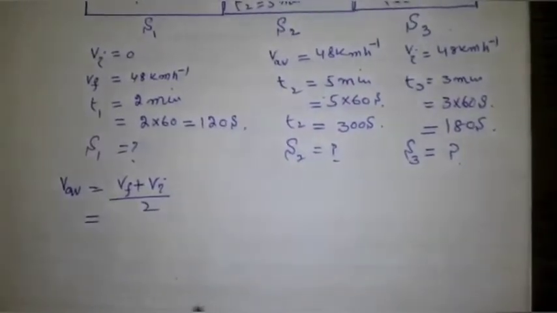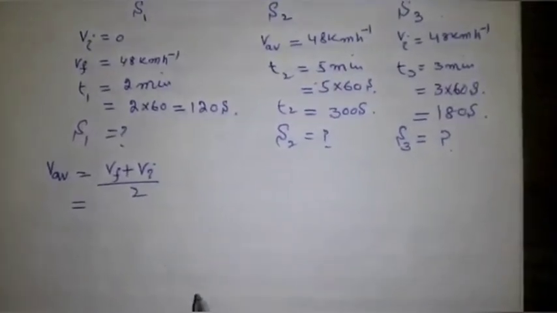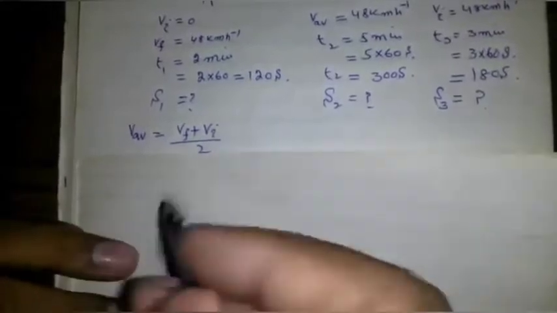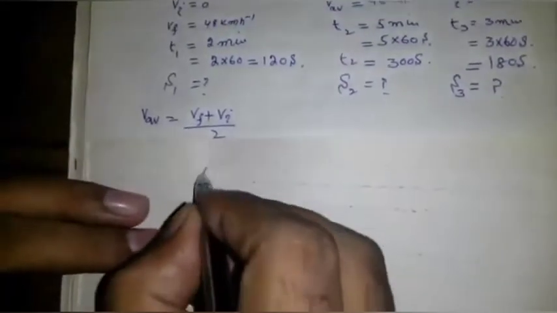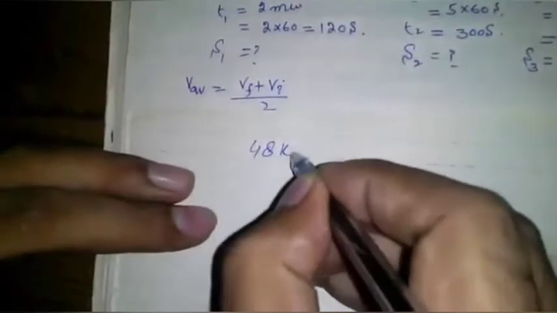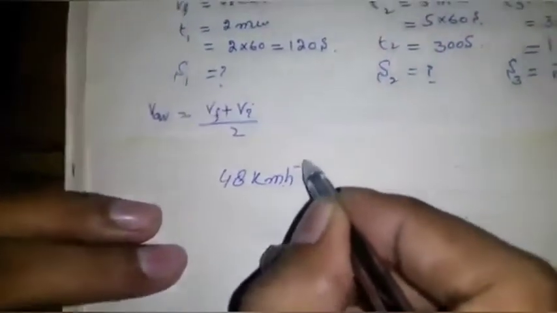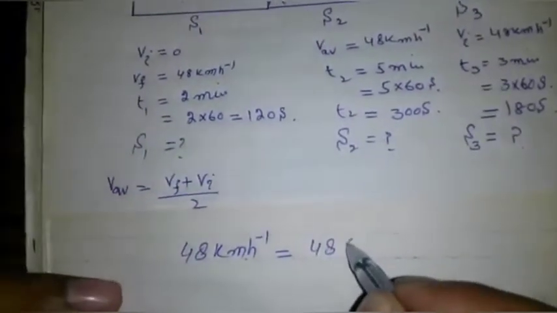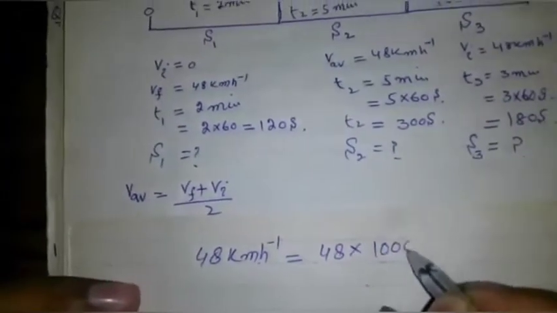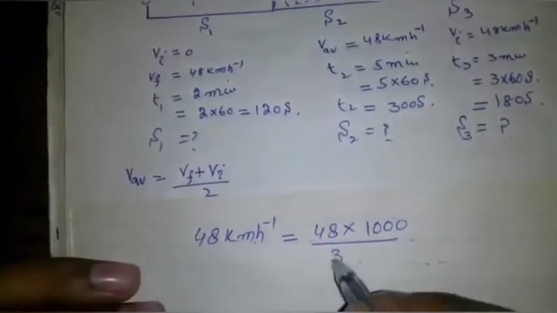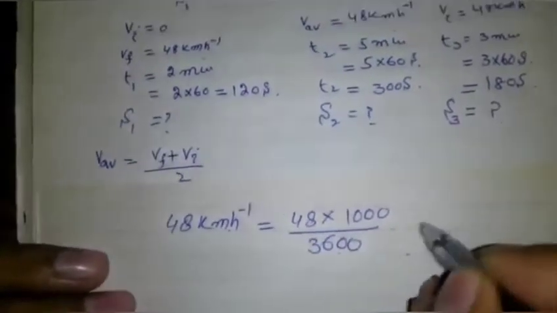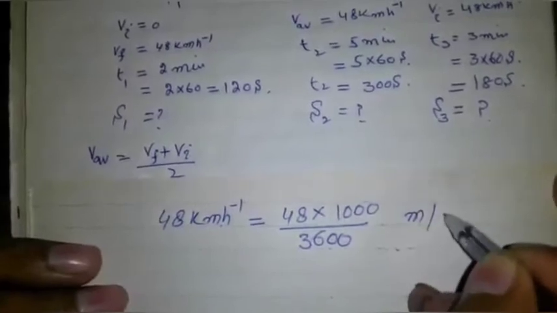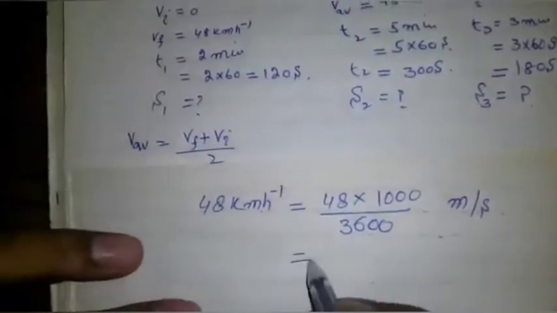I calculate it here in a separate sheet. Now we need to calculate 48 km per hour. 48 km per hour is equal to 48 into 1000 over 3600 meter per second, which is equal to